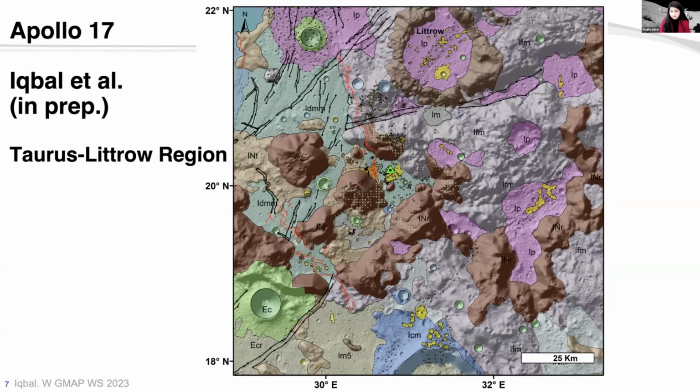This is the geological map that we prepared. And now we have different interpretations of things because we have this information already gained. We have samples from this deposit, which are dated, and we know that this deposit is of Imbrian age. We also know the nature of the light mantle deposit, and we also can perform better crater size